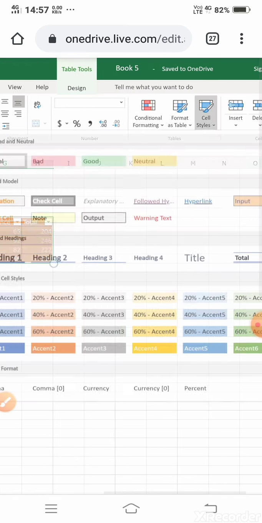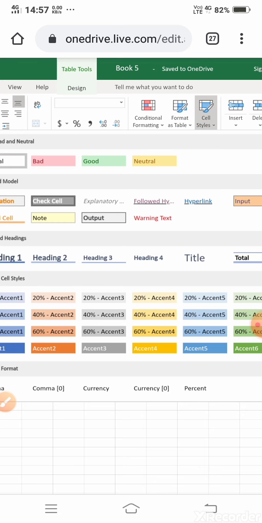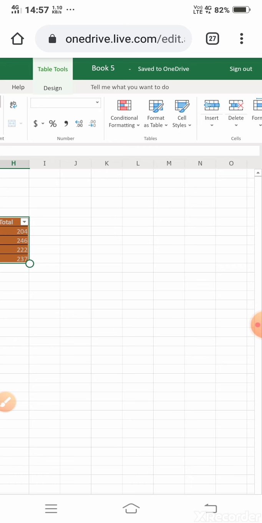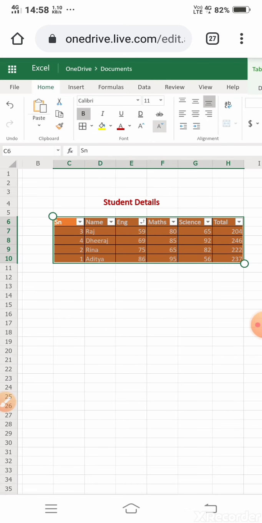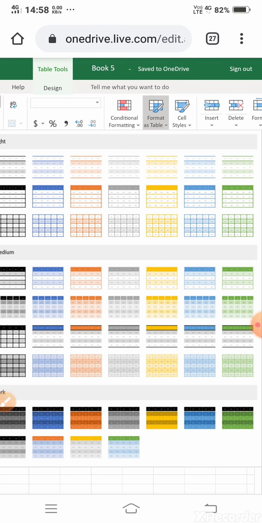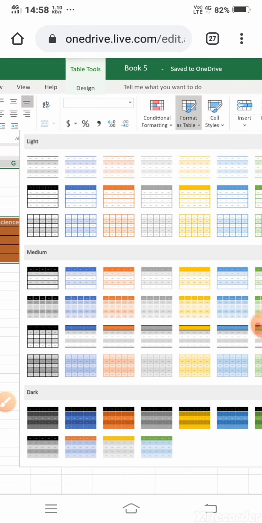Again you can go to the format as table option and choose any format. I am choosing this one.